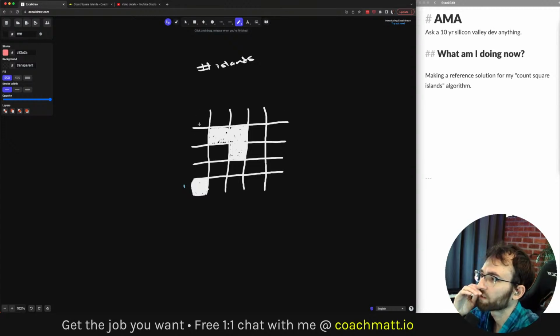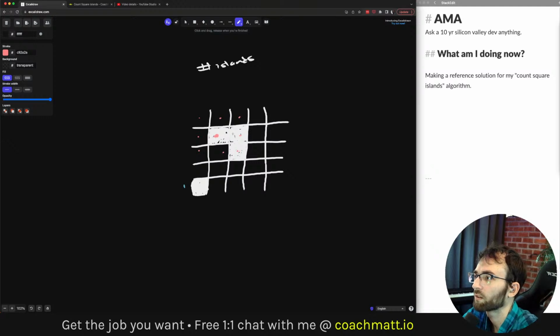So if we think about our algorithm, we want to go until we find some land. So here's some land. Then we want to mark all of the cells as visited, and count that as one piece of land. From here you can visit all of your neighbors, so there are your 8 neighbors here.